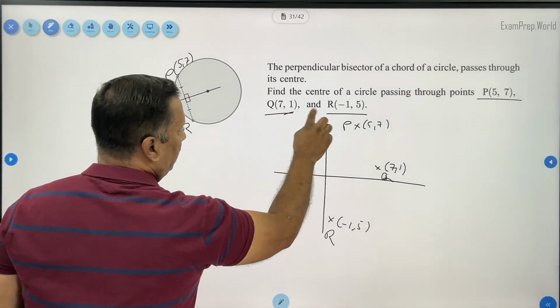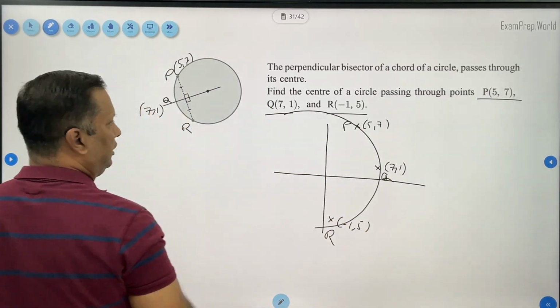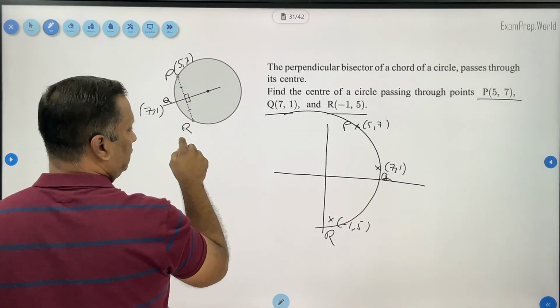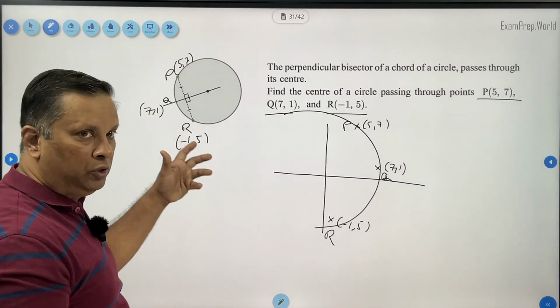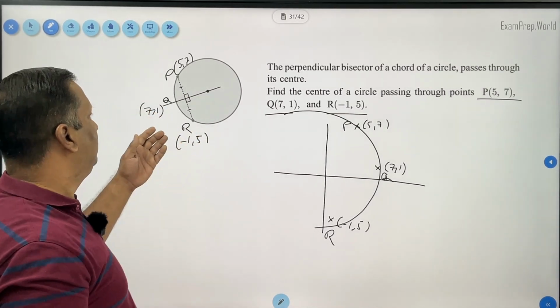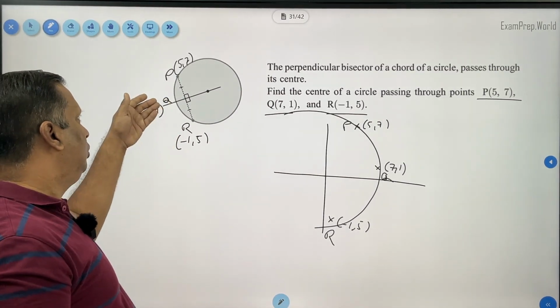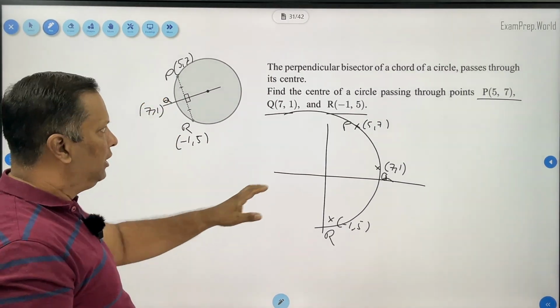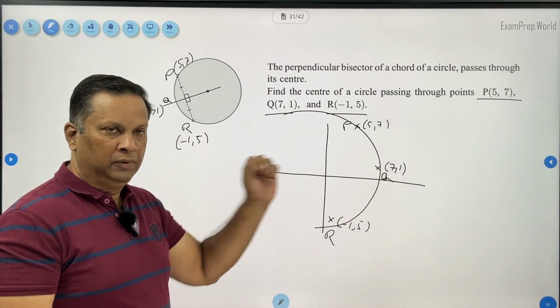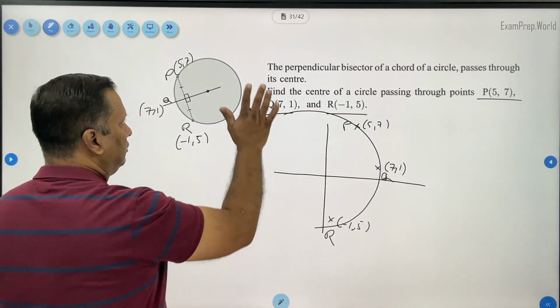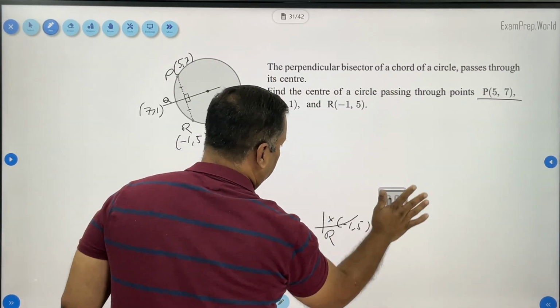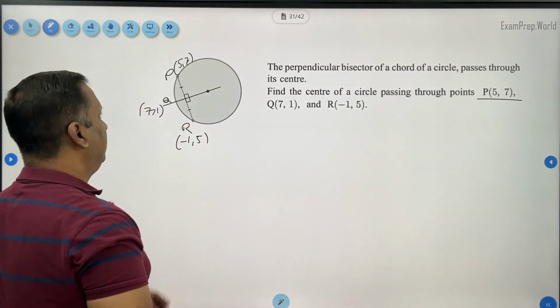See, the circle will pass through like this, right? So R. R is negative 1, 5. Now which one is which one? I wanted to be sure if it is PRQ or QRP. So for that I did the little small rough work here to understand that P, Q, R are in one sequence. Now our job of this rough work is done. Now we know this,